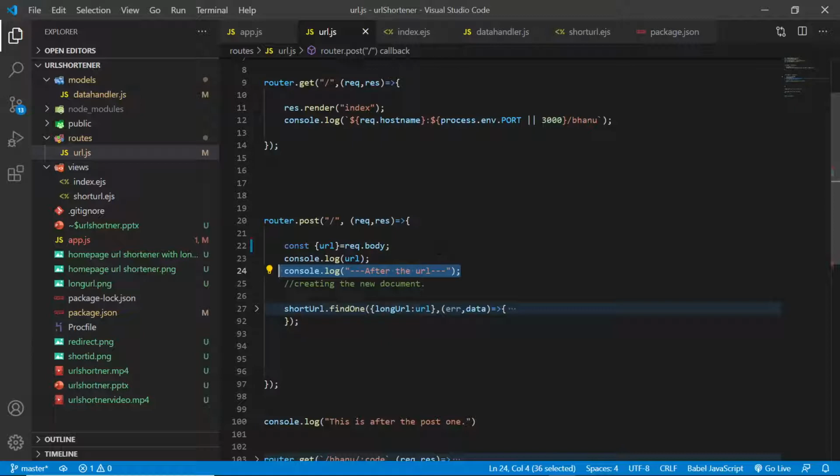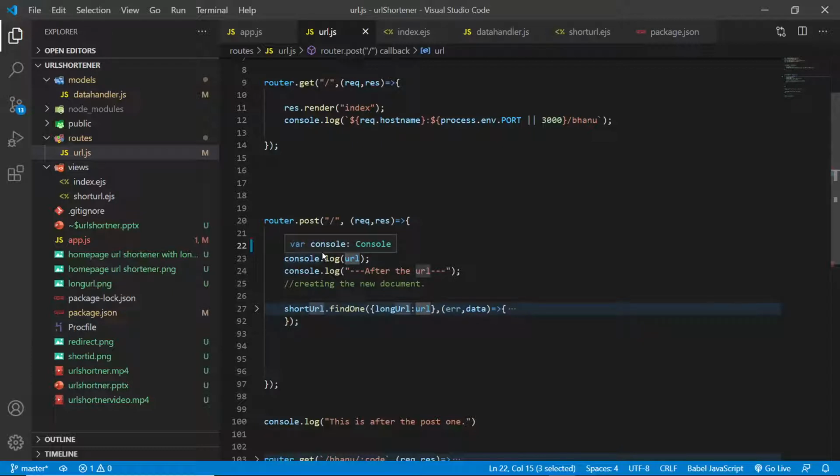I was getting errors, so all these logs are only for testing purposes. So what we got is the URL from the browser. It is stored in this URL variable, right? Using this request.body and object destructuring, we got the long URL.